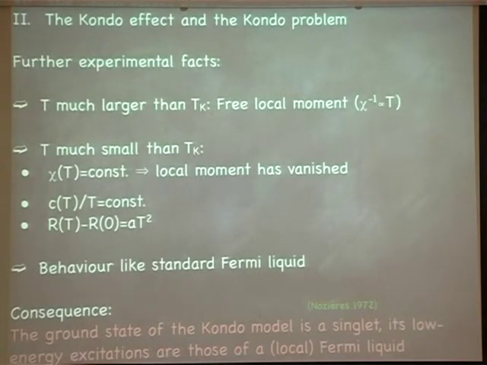And its low energy excitations are contained in the specific heat, the resistivity, and the temperature behavior of the chi. Because it's restricted to the impurity alone, those are the excitations of a local Fermi liquid. And you might now already see where the journey is going. We always talk about Fermi liquids in our DMFT calculations. Where do they come from? Well, here they are. We just have to find them somehow in our calculations. So that's what experimenters tell us.